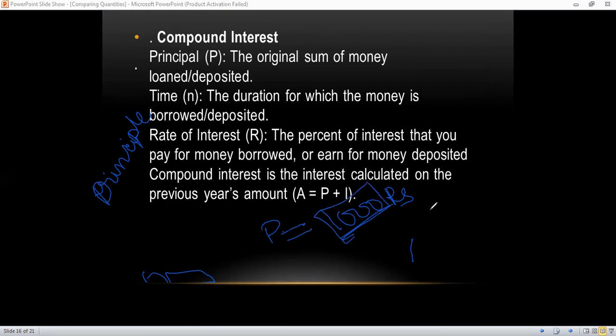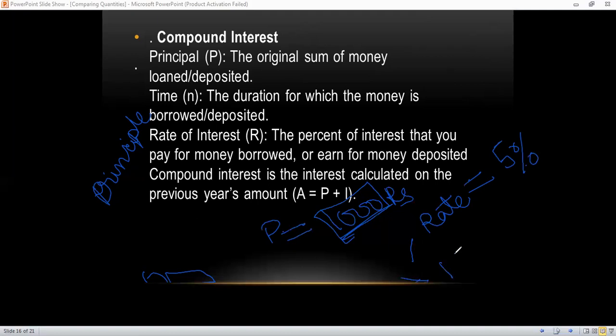So they have put a percent, that is called rate, 5% for 3 years. So they will calculate the interest for 3 years, and at the end they will pay you,